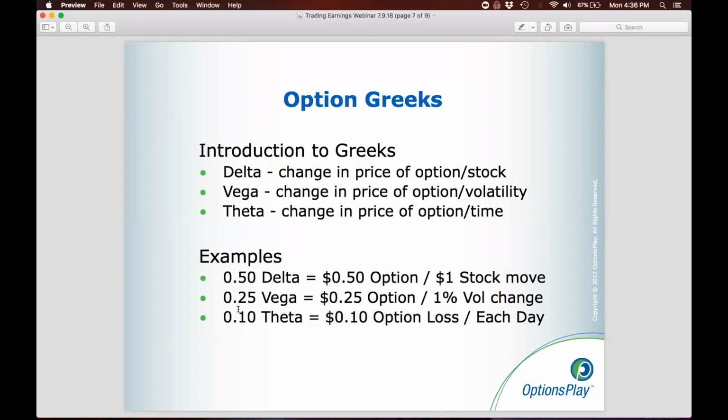Not only do you not have to find what the Greeks are for each option, OptionsPlay will actually calculate the impact to the change of the option price based on any assumptions that you have. So that's really why, as much as I want to explain these concepts to you, you only have to understand these on a conceptual level, because OptionsPlay, or the tool that you guys have available to you, actually does the calculations for you. Okay, so I want to make that very clear. I don't want to confuse anyone by showing you a lot of numbers and telling you you have to do math. We do all of that work for you.